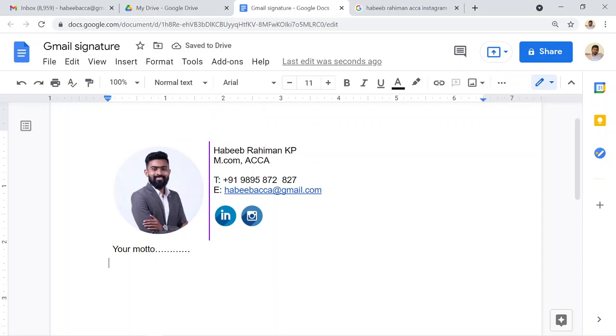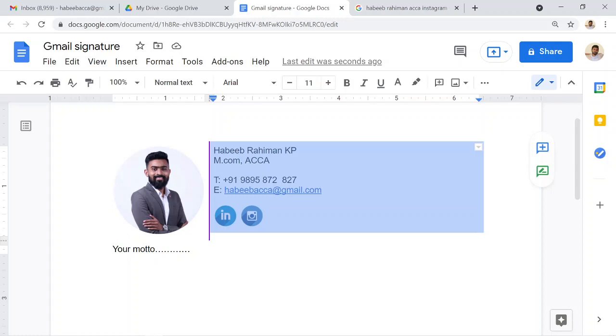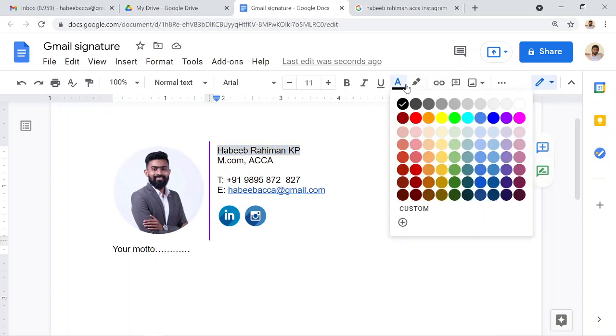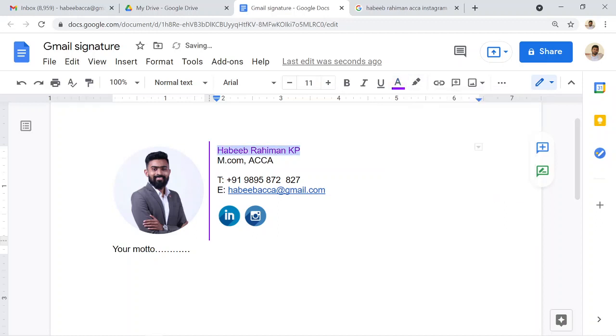And as you can see, Habib Rahman, these details are very close to the line, so we can move them a little more to the right side. Select these details only. You can see a blue icon here. Simply drag it. So yeah, I guess this is perfect. Now we can use the same color for my name also. So select your name and text color. I'll use the same purple color, and to make it more highlighted, I'll use a little bigger size, 12 or 13.